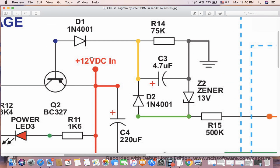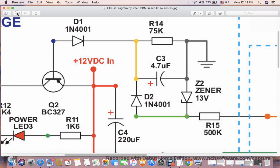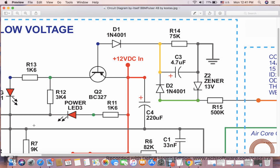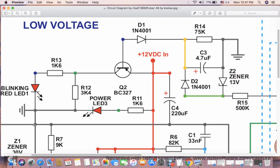Alright, one second, because it consists here of other components. Your blinking LED here as well. The main component in the protection circuit is a transistor. The way it works is it receives 12 volts. It's a PNP transistor,